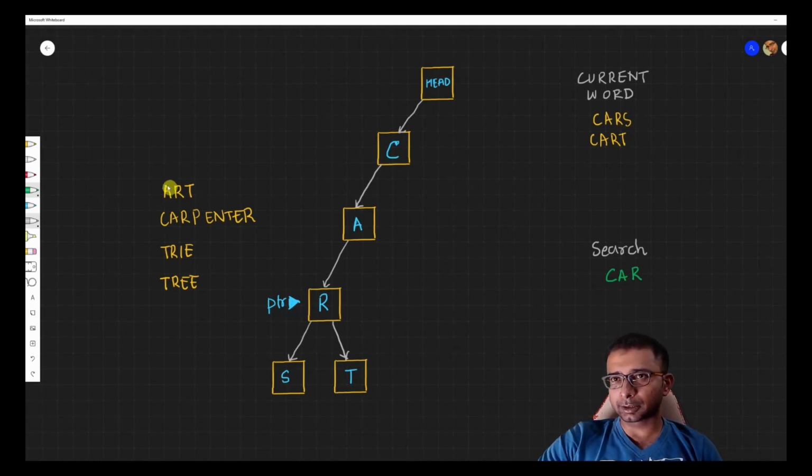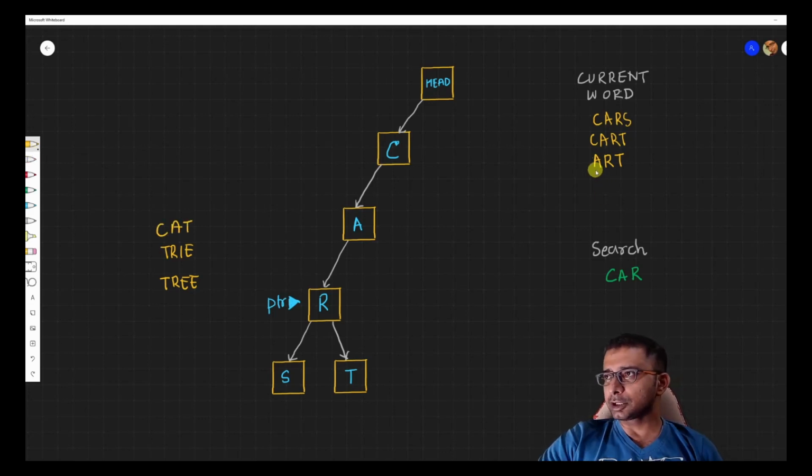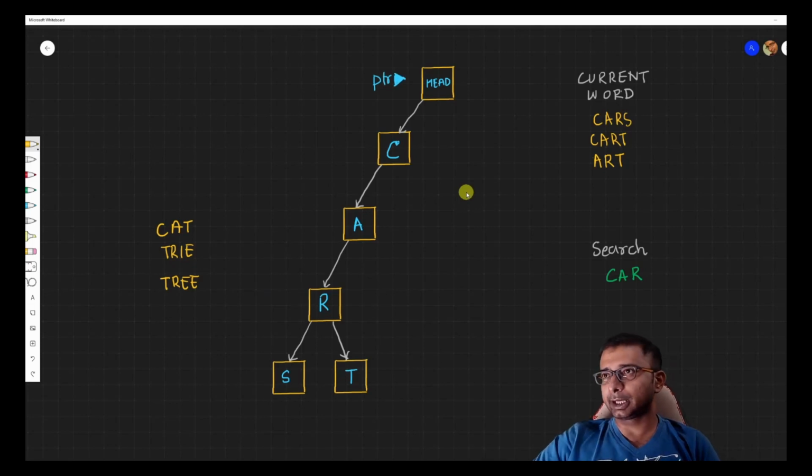The next word that we are going to insert is art. And let's do something. We'll remove the carpenter, which is a little irrelevant over here, and we are going to put a cat instead so that we can see the use case better. So this art over here, since it has a matching with cart also, the last part, but it's not going to help us because we are going to check if there is an A under the head or not. So the pointer is back to the head and I see that there is no A under head, right?